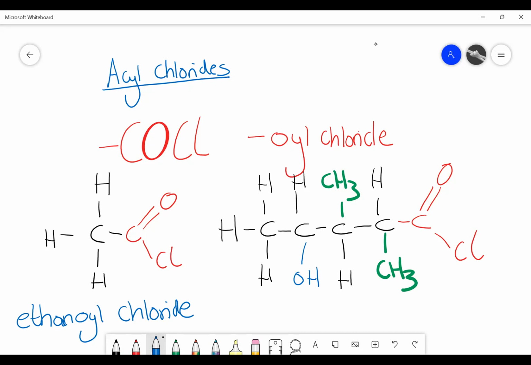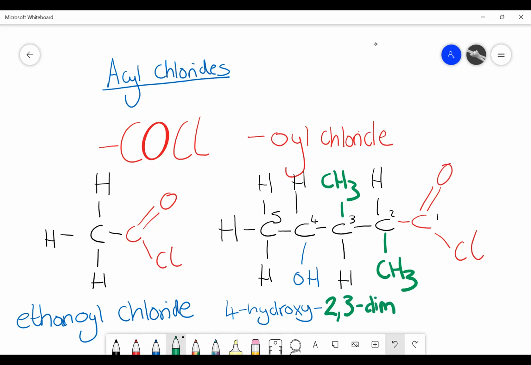So first of all, let's look at numbering the carbons. We've got carbon 1, 2, 3, 4, and 5. You can start here from carbon 1, 2, 3, 4, 5, which would make the most sense. I'm going to look at this hydroxyl group that we've got here in blue, and that's at carbon 4. So this molecule is 4-hydroxy. And we've got a methyl group. So we've got 2 methyl groups at carbons 2 and 3. So that's 2, 3